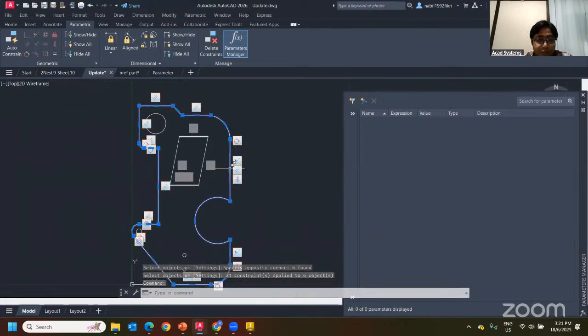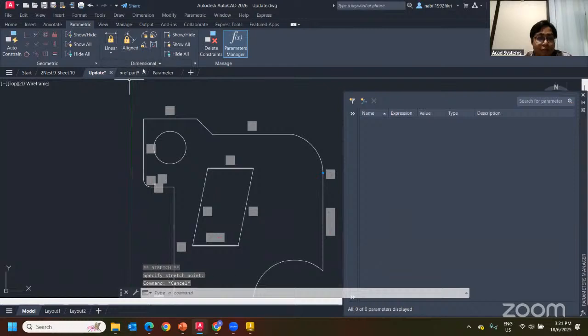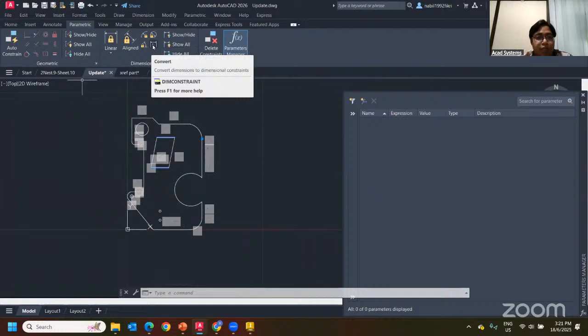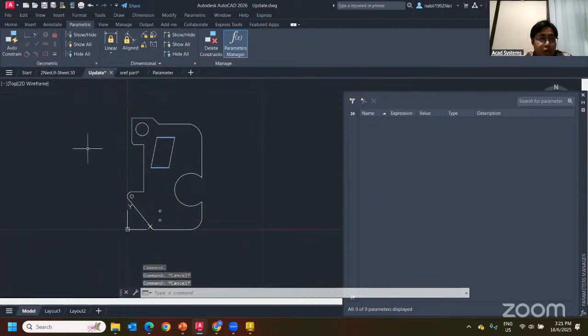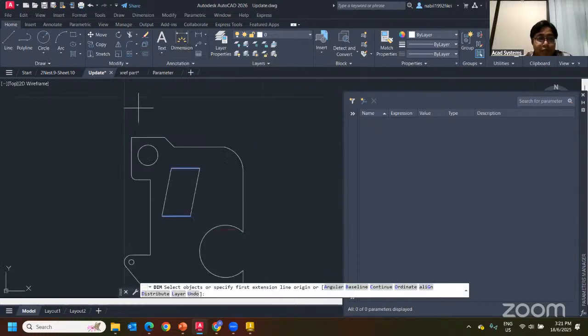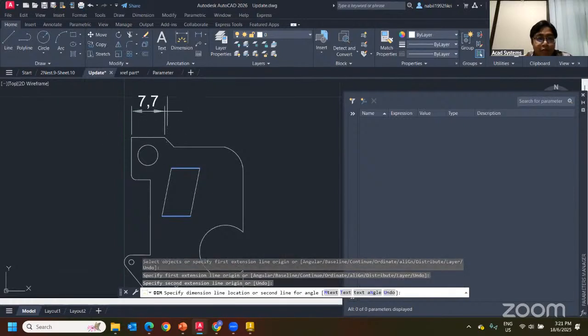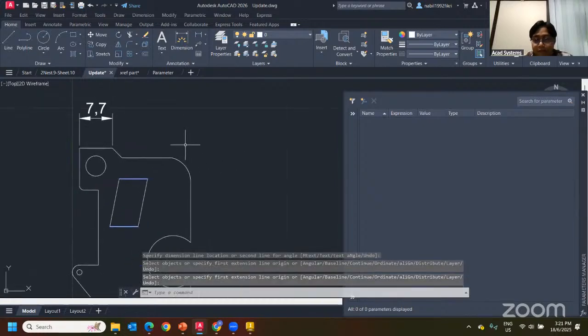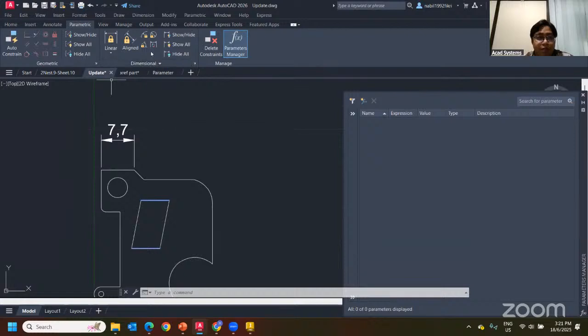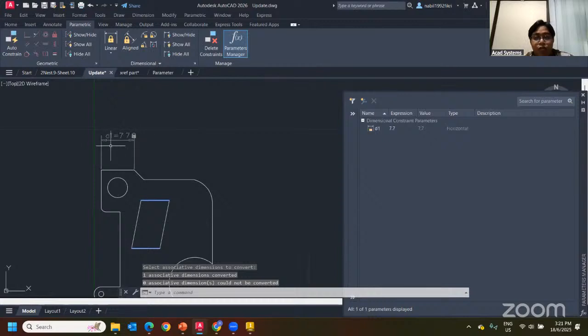Okay. And for the dimension constraints, it's a bit tricky because it's actually not automatic. It allows you to convert. So you need to have a dimension first. Okay, so let's say I add dimensions, but you cannot select directly on the line. You can select from one point to the next point. And to make it a constraint, you can go back to the parametric, and over here we have the dimensional constraint, and I can select the convert. Select this convert, enter, and now it becomes